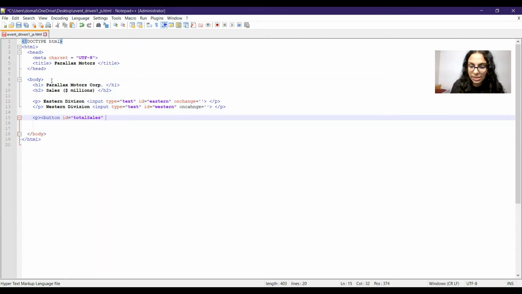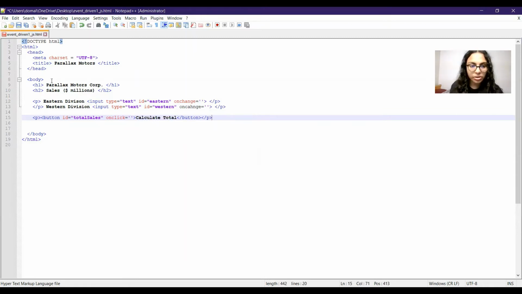And then on click, on clicking the button, what should happen, that function we'll write later when we come to the JavaScript coding, and the button should display a text, calculate total, and then we can close the button and the p tag. This is one way of writing the button.